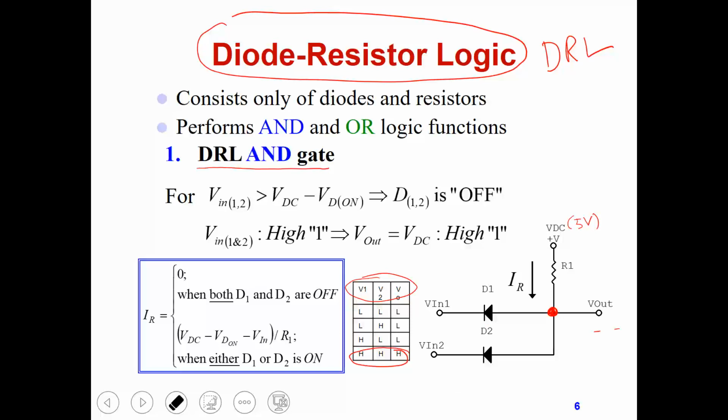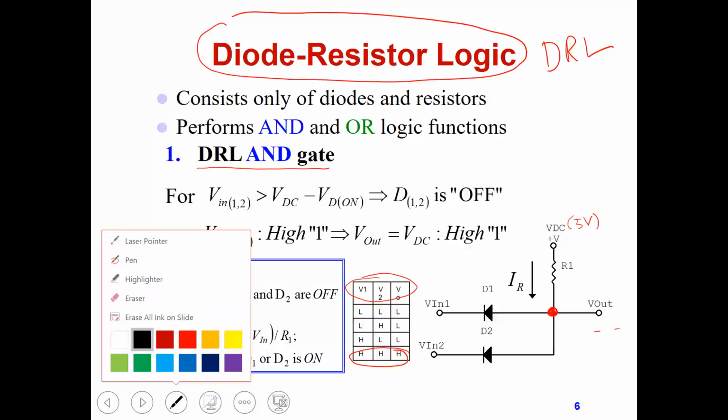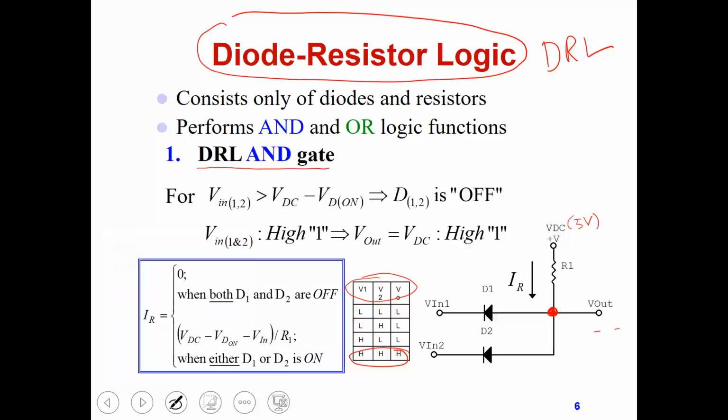So let's assume that this is 0 volt and this is 5 volts, so basically this is low and this VIN2 is high. We will assume one of the inputs is low. Let's see what happens when one of the inputs is low. And you can assume 0 volt, or if you want, let's assume, say for example, 0.5 volt, and that doesn't